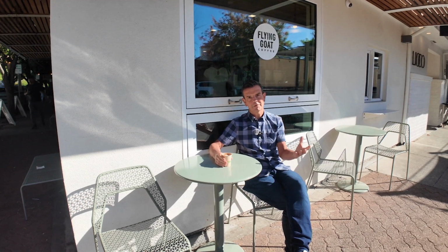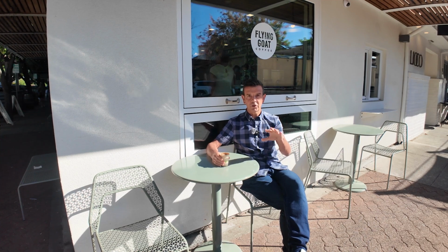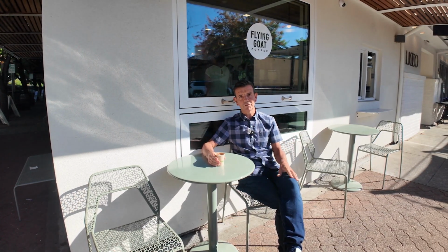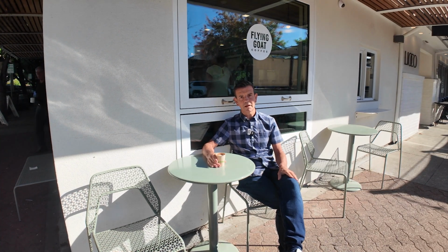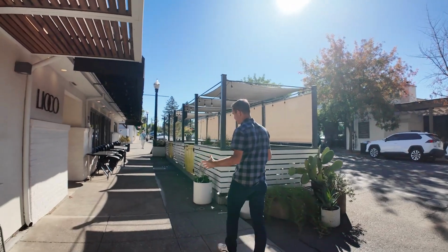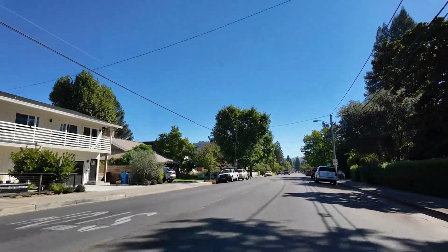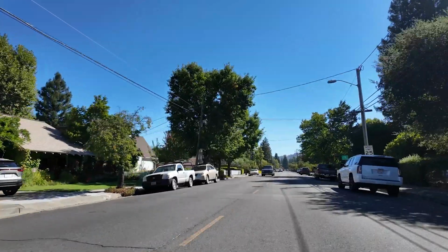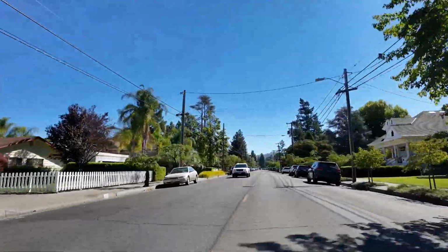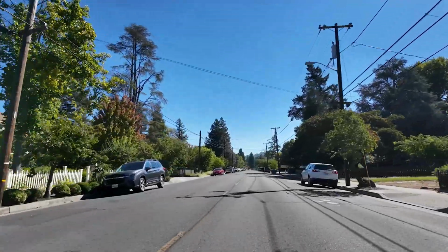Some of the popular places when people say they want to live in Healdsburg in a more rural setting are out on Dry Creek Valley, out in Alexander Valley, and then heading out towards Chalk Hill on the east side. So let's head on up Matheson and we'll take a look at some of the houses on Matheson. So here we are going up Matheson, and as you can see, it's a wide road, and the homes here are definitely bigger than the ones in the area we were just in, the Piper, the Grant area. So this south side of town has definitely grander homes, definitely more expensive, and they tend to be